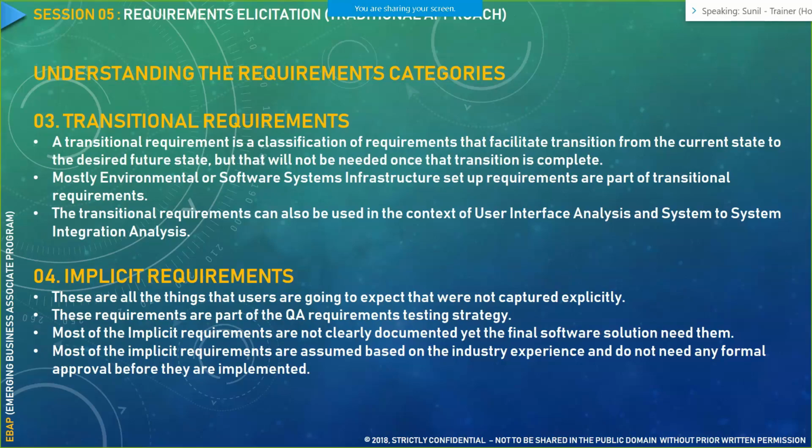Whenever the user enters a cell phone number, a one-time password would be generated. Again, the user has to enter that one-time password received on his cell phone number in the web portal or the system. Then only the user would be authenticated and validated. So the OTP part is your implicit requirement in that particular case, wherein you don't have a clear indication, you just give the expectation, like the user should be able to reset his password via his cell phone. This is my explicit requirement. But after you have entered the cell phone number and received a one-time password, that is your implicit requirement.